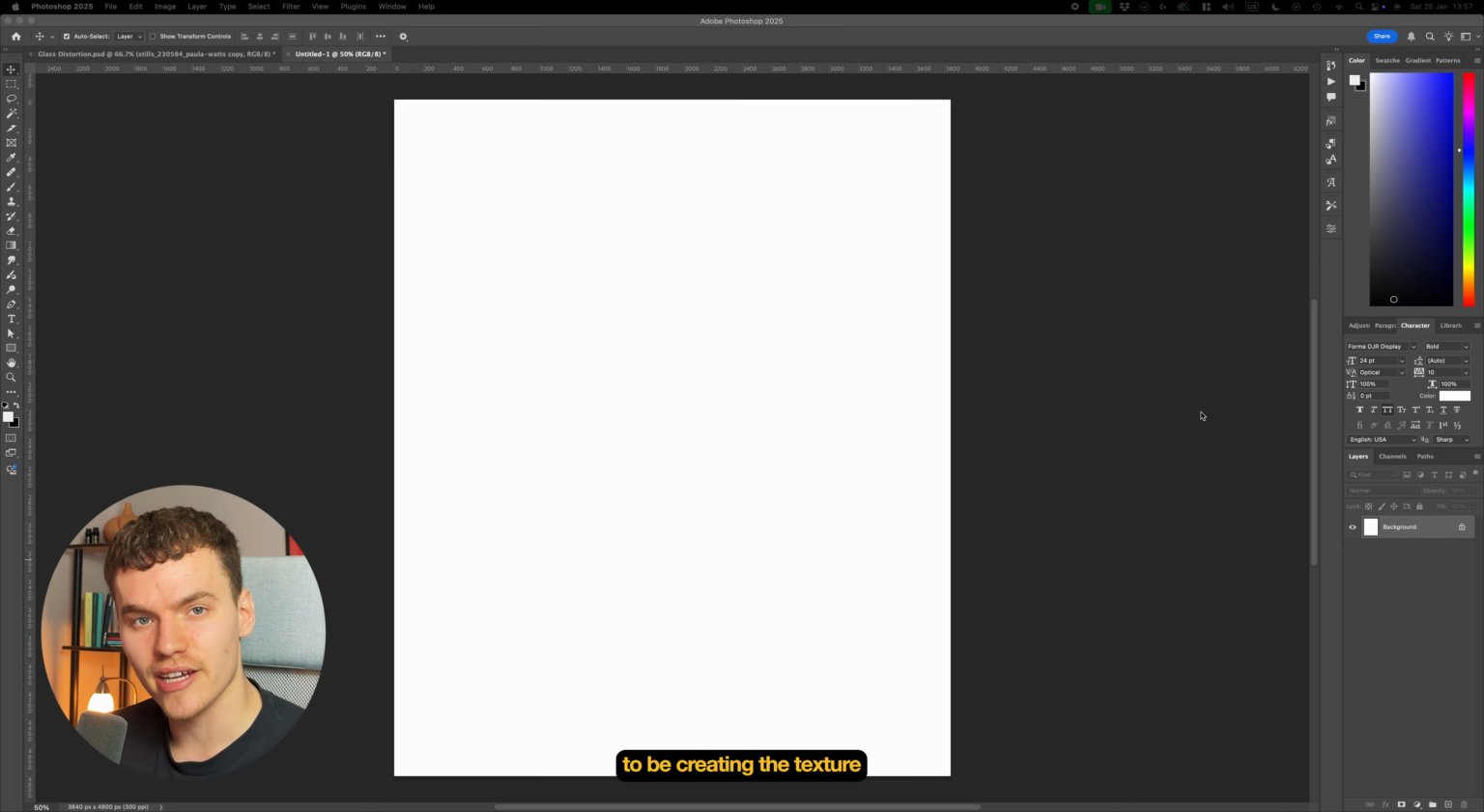Let me show you two different methods of how to create this glass distortion effect in Photoshop. Let's jump straight in. The first step is going to be creating the texture that's going to act as the